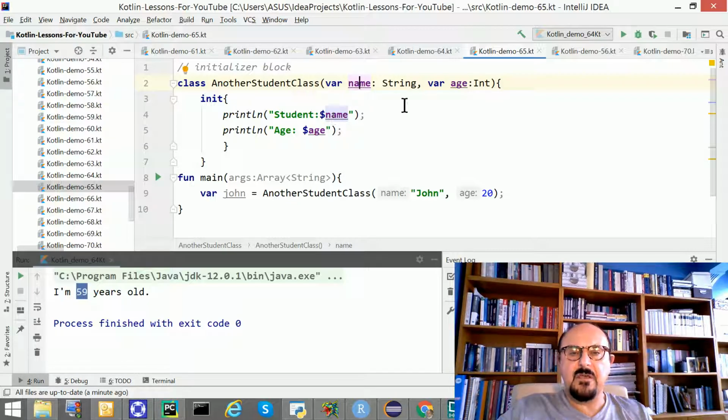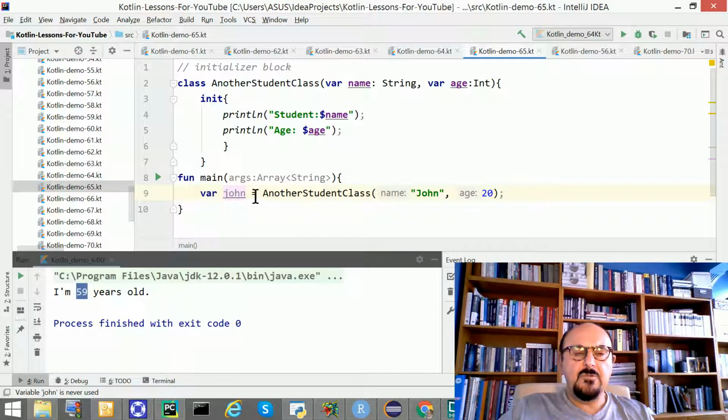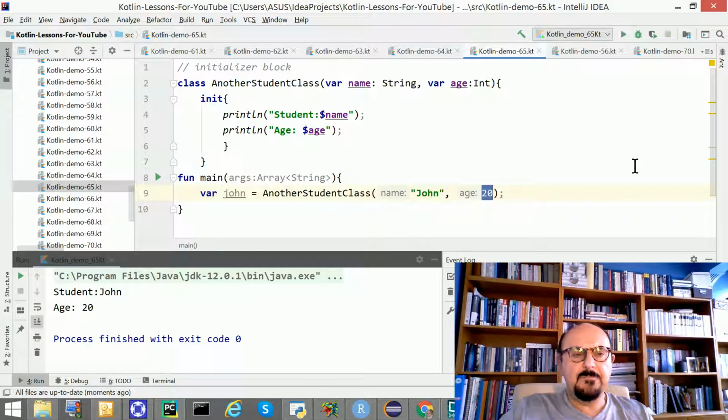Our IDE gives that. And how about age? I define another argument here, age will be integer, and it's going to be used in another print method. Okay. And how do I use this? Simply I define an object which is called John, and John will be assigned this class by calling this class with what parameters? Name John, and age 20. And let's run it, and okay,